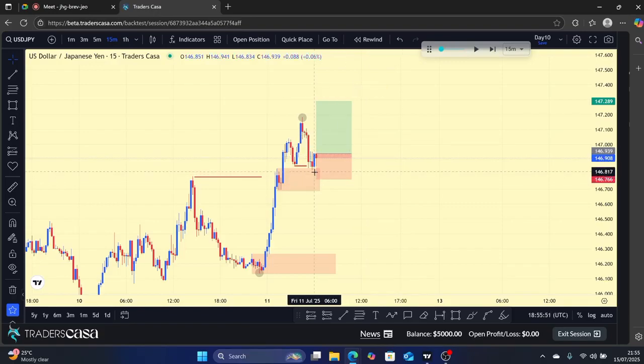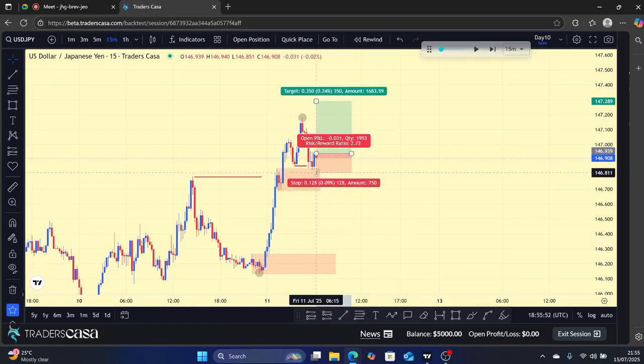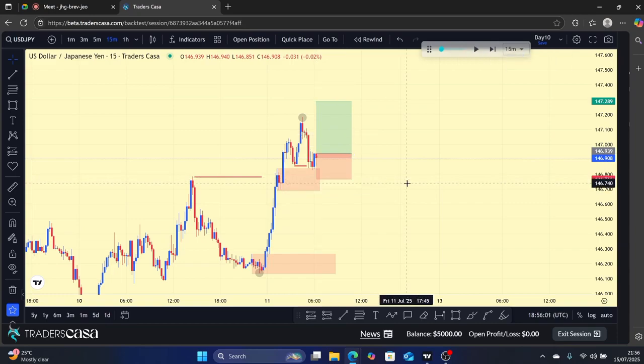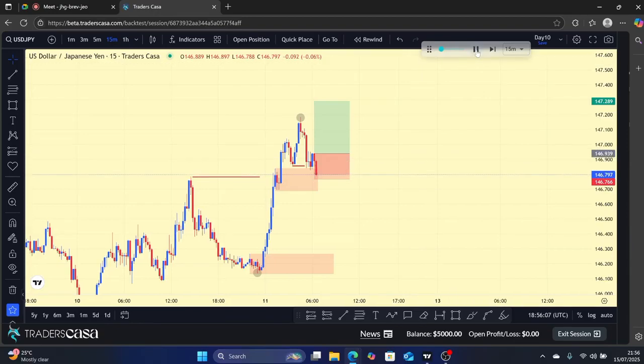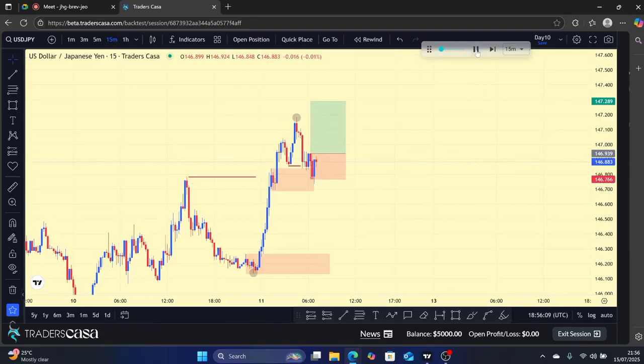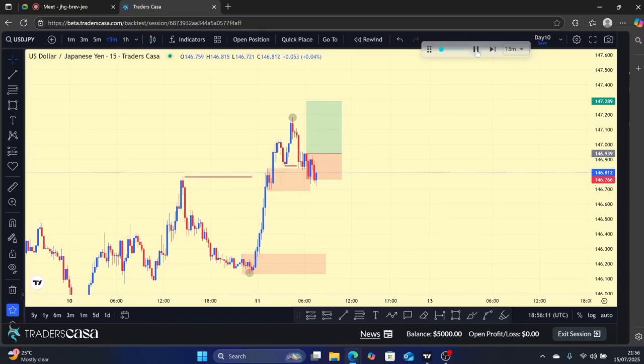Stop loss, I wouldn't recommend you placing the stop loss exactly below this candle. I wouldn't recommend that. Just place your stop loss a few pips below there, because of the sweeps and whatever. So then after that, you can clearly see price did that, and then